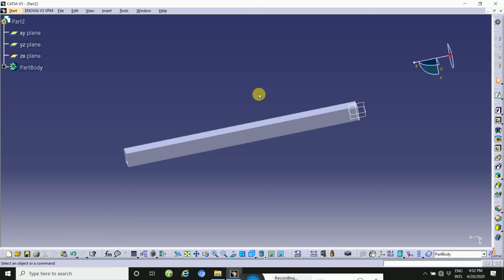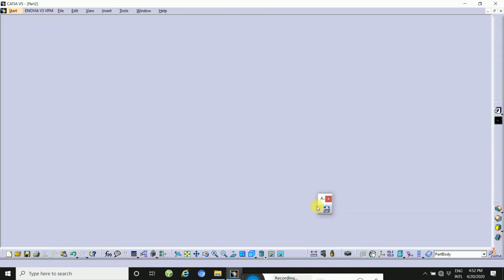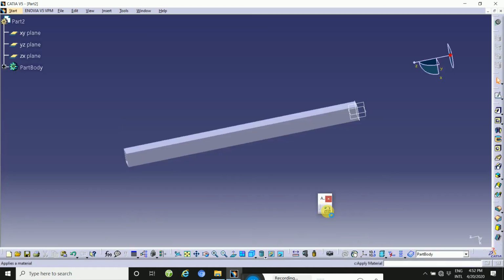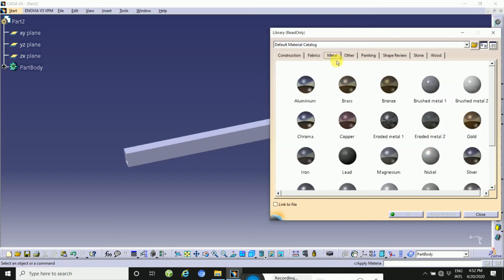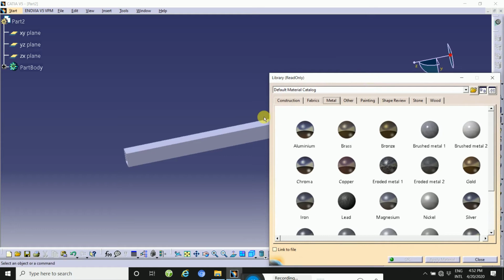In order to keep the part material property, apply the material this way. First, how to apply the material to any part.